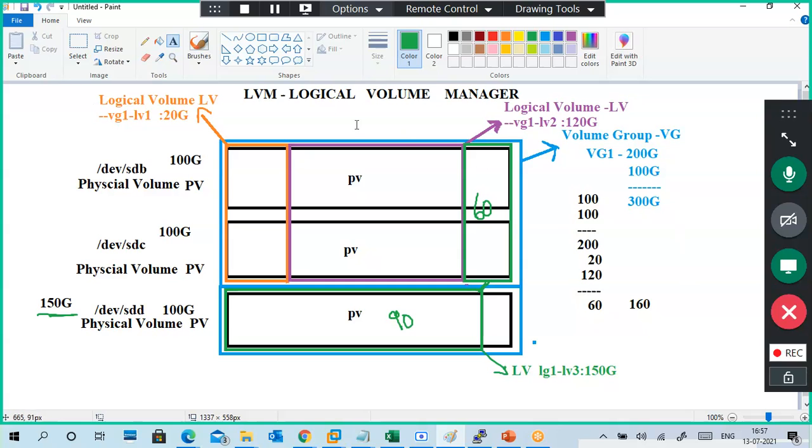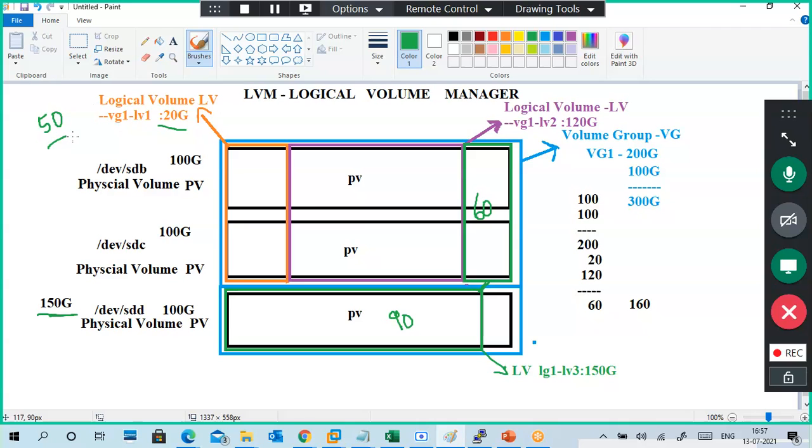Understand? So only one more point I will tell. For example, the first client earlier took only 20 GB. Now he says I want 50 GB. The client is asking because 20 GB is not enough.